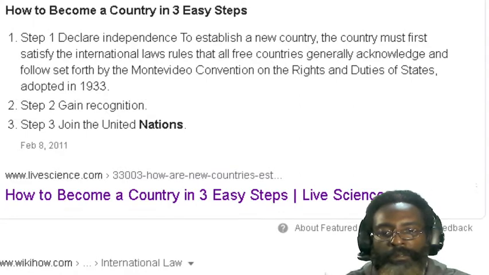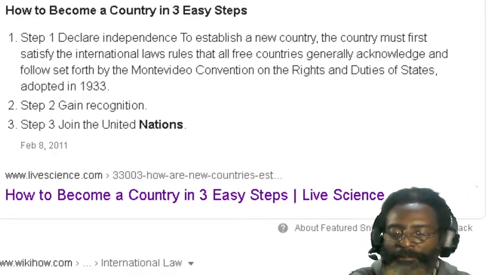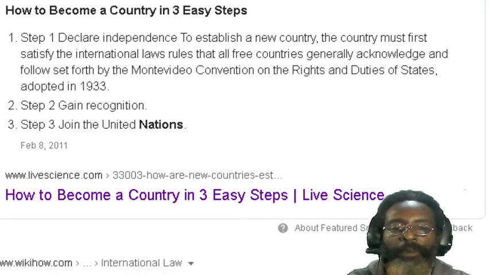the Montevideo Convention on the rights and duties of states. And of course, it was adopted in 1933. Now, if you are somewhat studied, then you would know that 1933 is the year that we went broke, that's when the world bankers took over. Really?